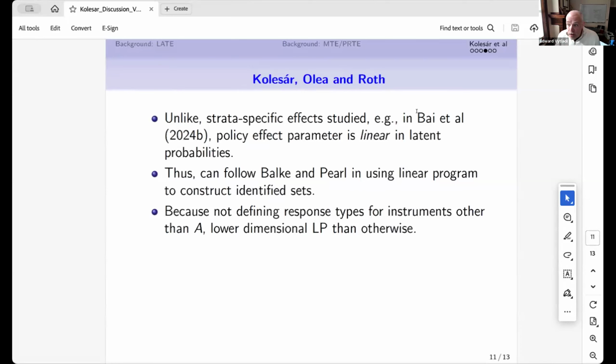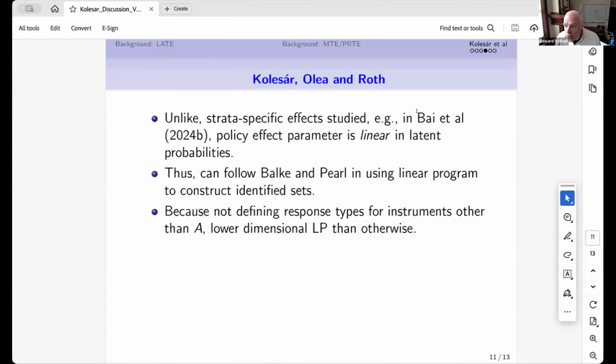And so I would have thought that trying to study the effect of the policy the way they're doing it would not result in a linear program, because the probability of being influenced by the policy change is not point identified. But for them, it ends up being a linear program because they're changing the definition of the latent probabilities by representing the policy change as an instrument. And with that change in the definition, change in the framework, everything ends up being linear. The parameter ends up being linear in latent probabilities, not linear the way I would have thought it would end up being. Then they can just do a linear program. So I thought that was really nice.